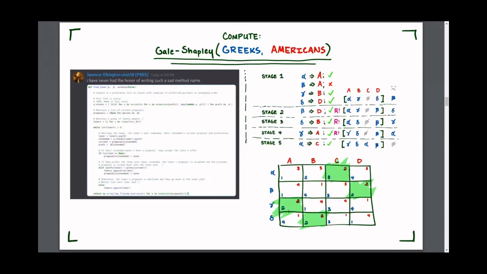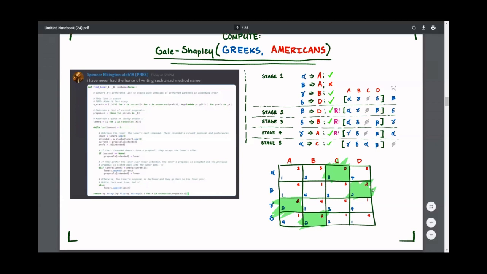So if you go through the entire process, this is what it looks like for this 4x4 grid. So what happens next is Delta proposes to B, accepts. Gamma proposes to A after being ejected, they accept. Alpha proposes to C, they accept. And so finally, you end up with this case where there are no more lonely Greeks. And at the end of this, you can see the final pairing in this grid. So you end up with Gamma proposed to A, Delta proposed to B, Alpha proposed to C, and Beta proposed